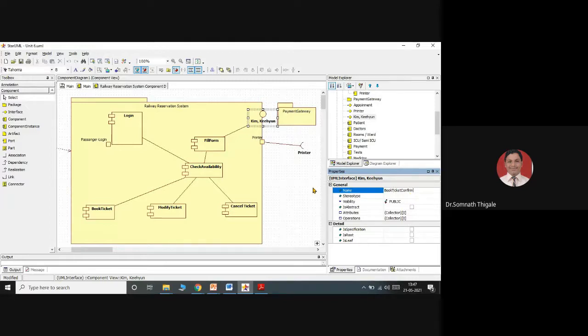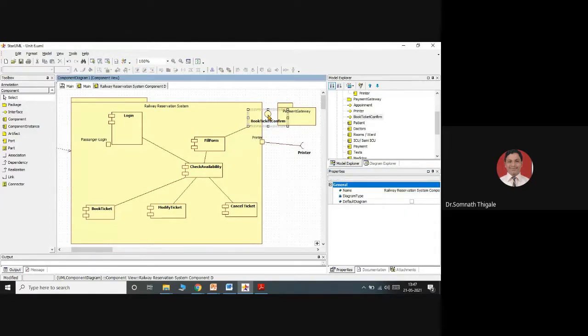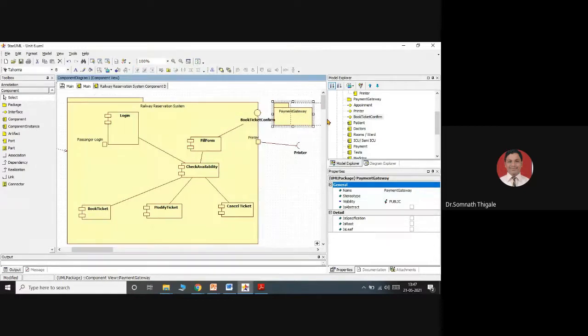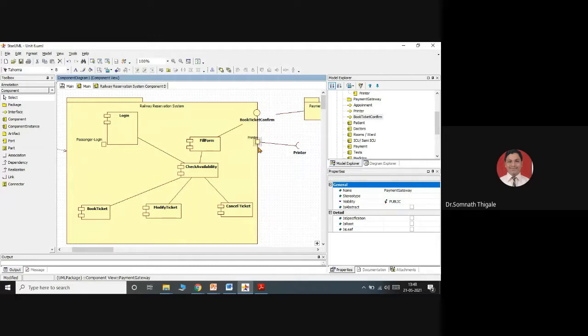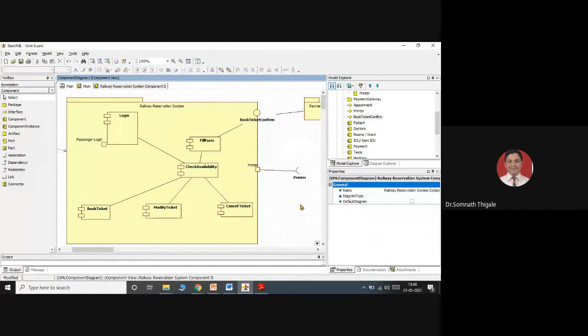Confirm will lead to an interface, and that interface is providing us interaction with the booking facility. So it is associated with payment, and if payment is done correctly, then only printer options will be there for taking the printout scenario. So this packet will be acknowledged to the system.